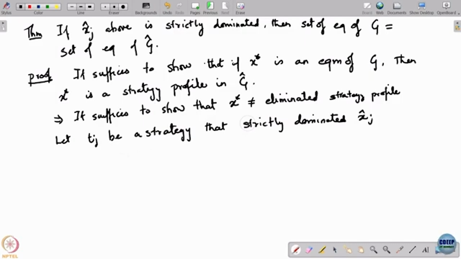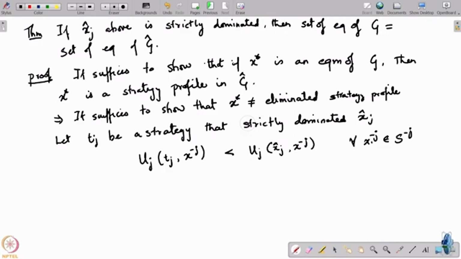That means regardless of what the others play, tj is better for player j than x hat j. Okay. So, that means if I look at uj of tj comma x minus j, this is strictly better than uj of x hat j comma x minus j, and this is true for all x minus j